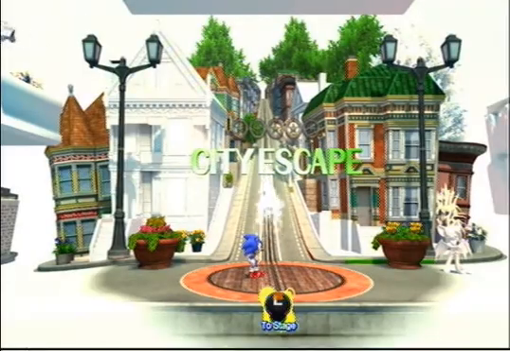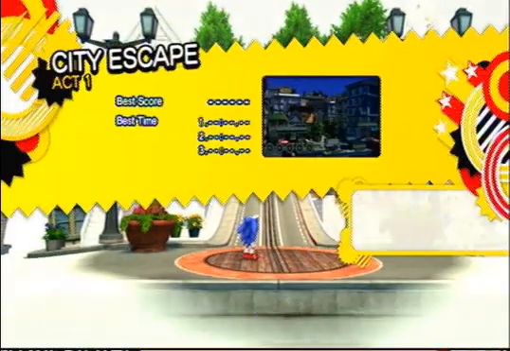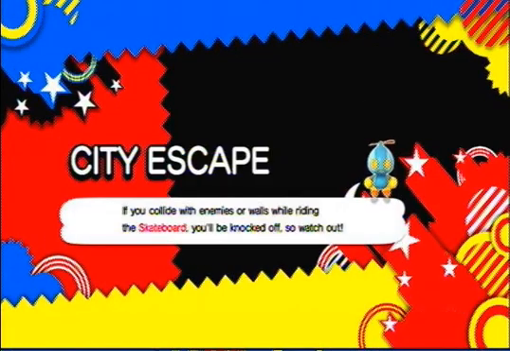And any day now, whenever you feel like bringing out the classic guy. Hopefully he's... Oh, there he is. Look at him. Isn't he adorable? Let's do it. Let's go to City Escape, Act 1, and then see what... Because this is going to be different. It's the first time you played as Classic Sonic on a level that Classic Sonic wasn't...